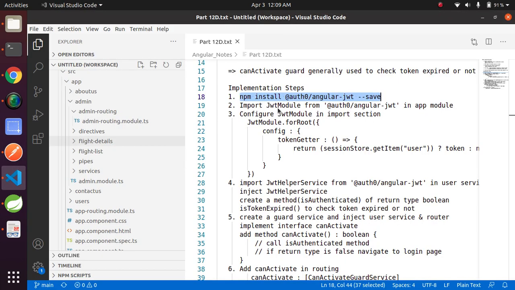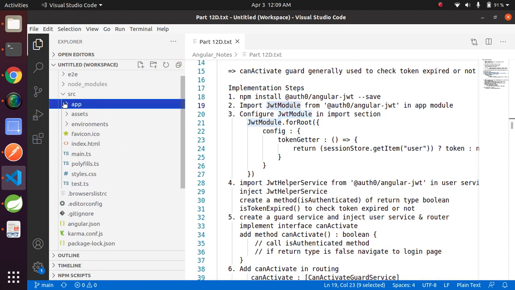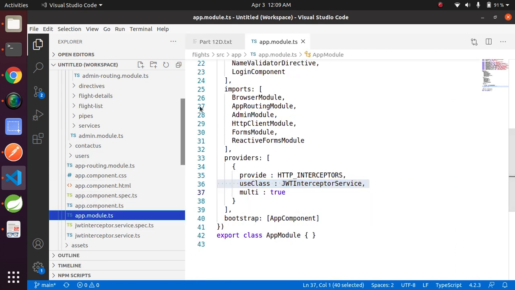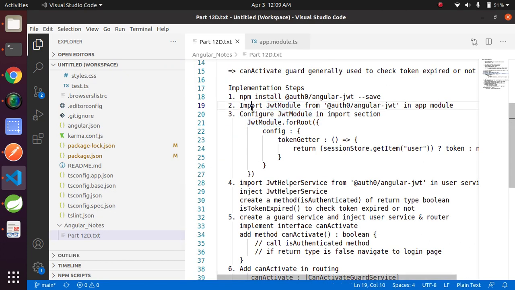Meantime, go to the second step and look at what it is. We have to import the JWT module in app module. Go to your project repository and open the file appmodule.ts, and we need to import JWT module from auth0 angular jwt.